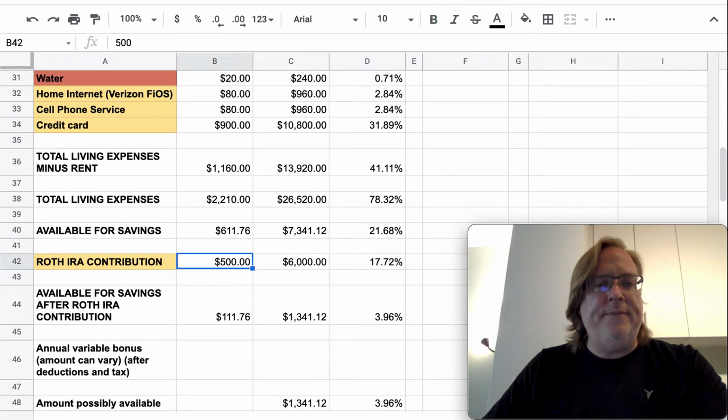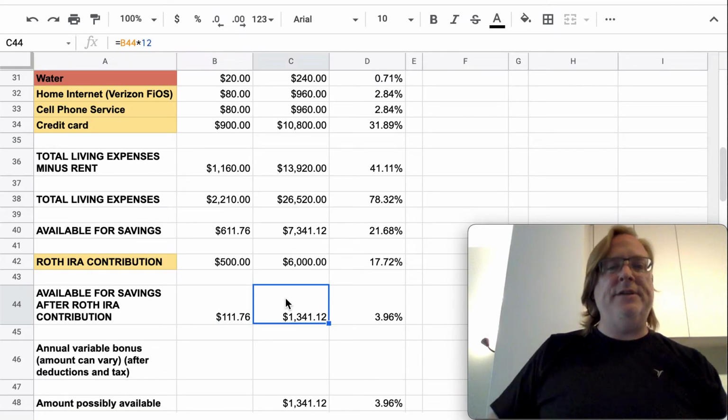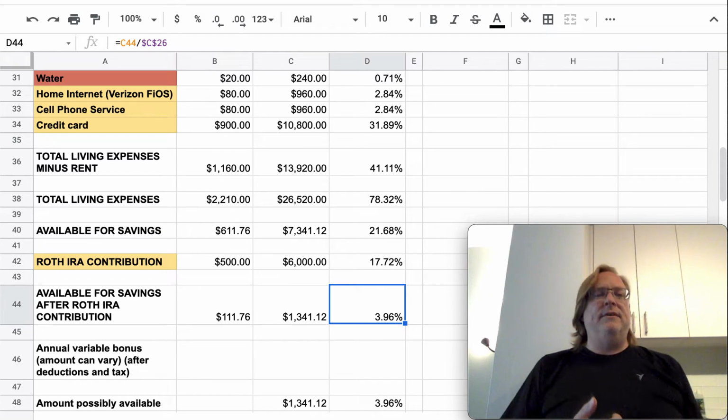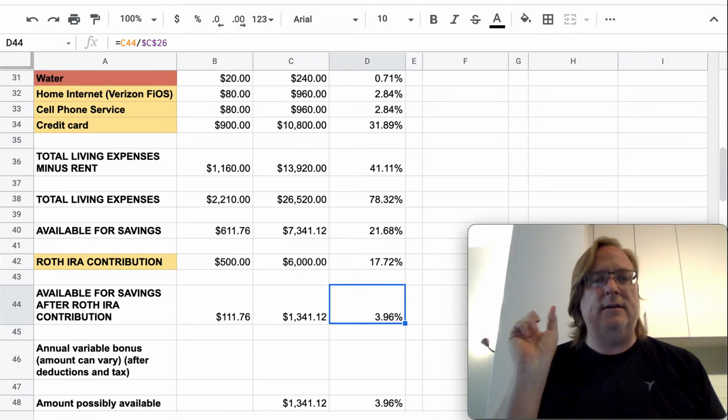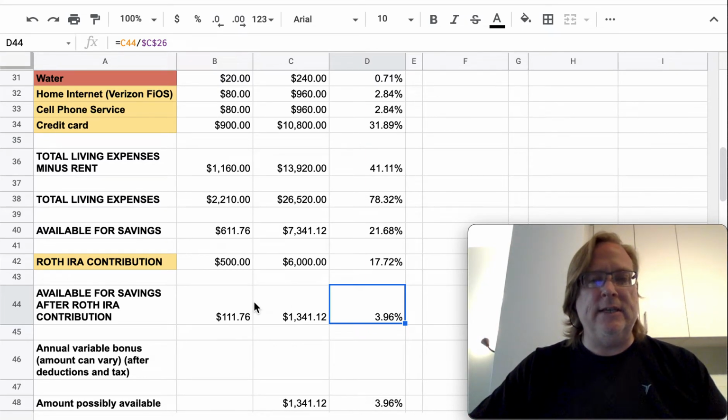All right, so then you have available for savings after Roth IRA contributions. So that's just B40, available for savings, minus B42, the Roth contribution. And then nothing mysterious here. You have multiplication by 12, and then you have here division by the yearly net income, so that you know what percentage that is. So with these false numbers, this person would have 3.96% of their annual net income to do additional